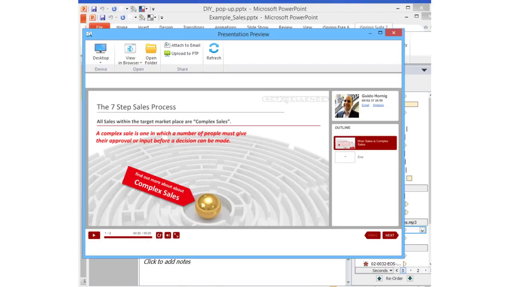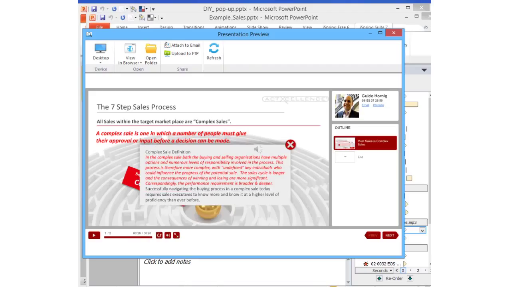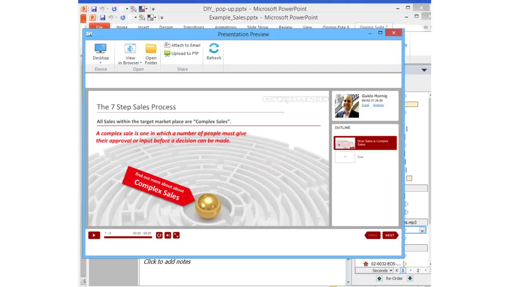So when I click on it, I get the pop-up. And if I click on the speaker, the voice starts to read again, and I have my own audio interface for start and stop here, using the pause trigger or close. So I like these pop-ups very much. They need some work, but